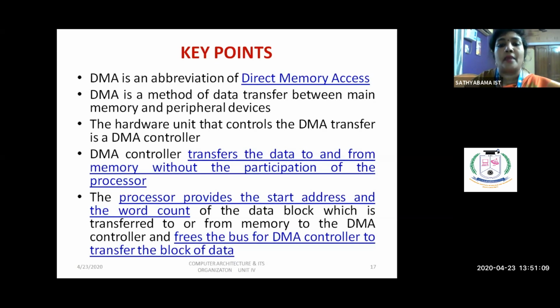The hardware unit which controls DMA transfer, we call it the DMA controller. DMA controls the data to and from the memory without the interference of the processor. The processor provides the starting address, word count, and the direction of data transfer.